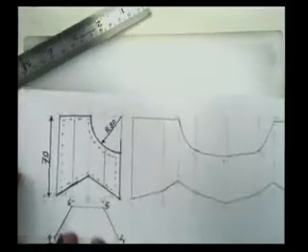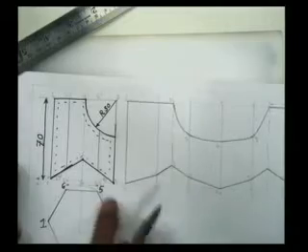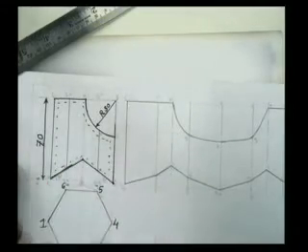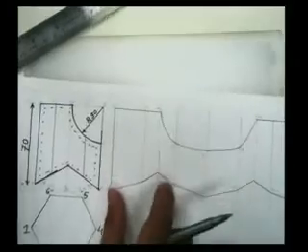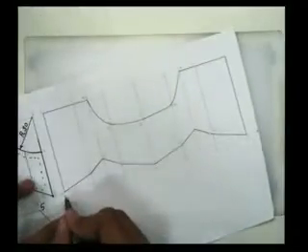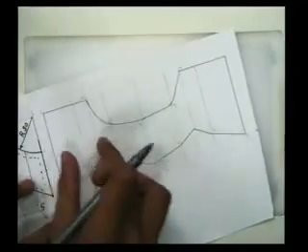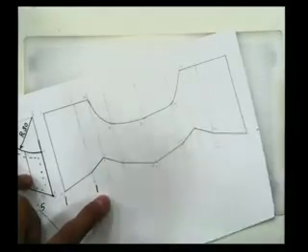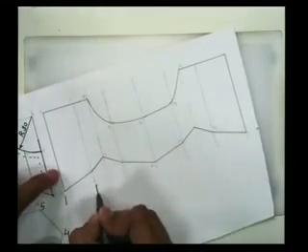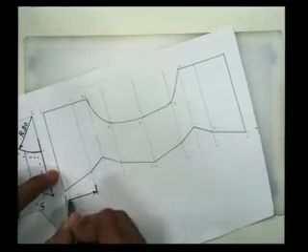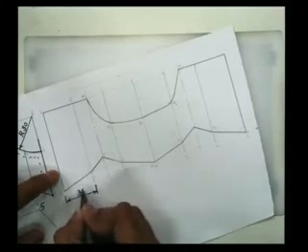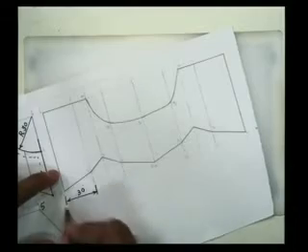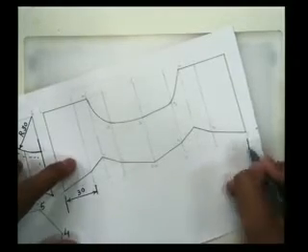Now how to develop this surface? This is a hexagon, this is top view and this is front view. Now in this hexagon we know its width. 6 rectangles would be there, 1, 2, 3, 4, 5 and 6, and width of each rectangle would be equal to the side length, that is 30 mm. So 30 into 6, 180 mm would be the total width of this rectangle.